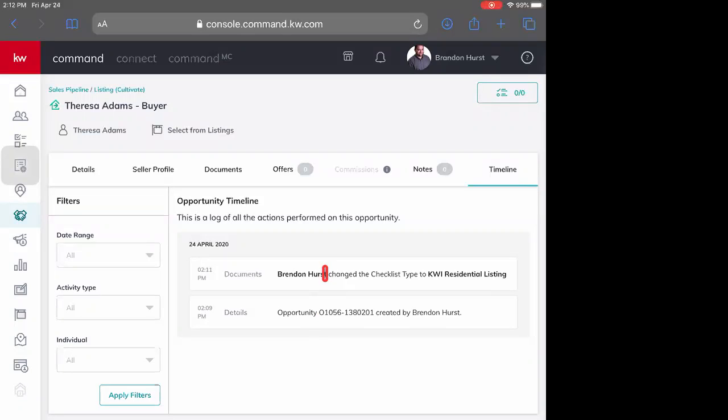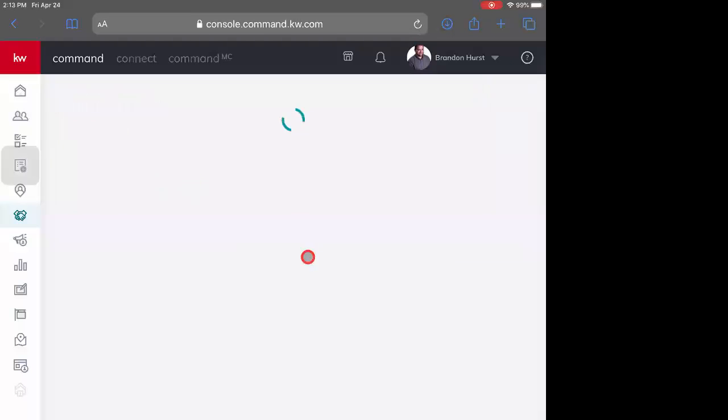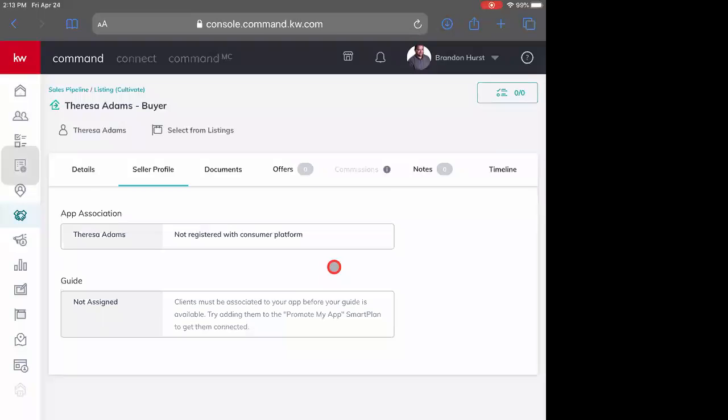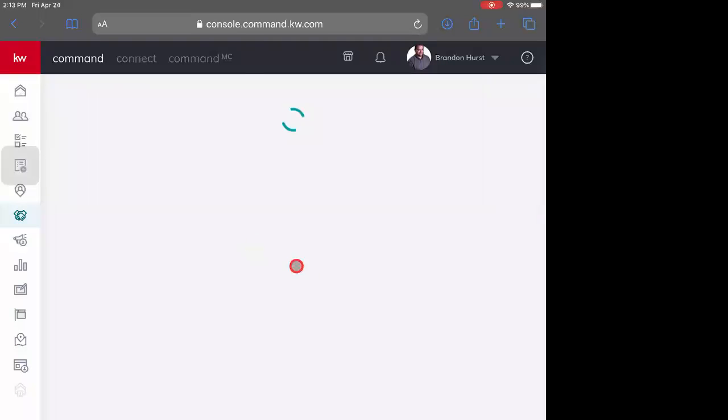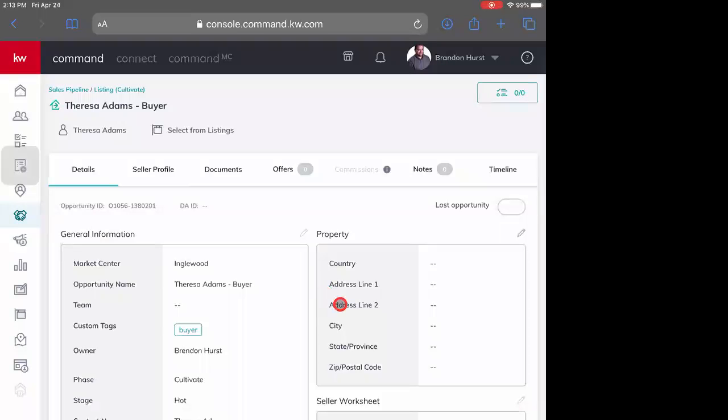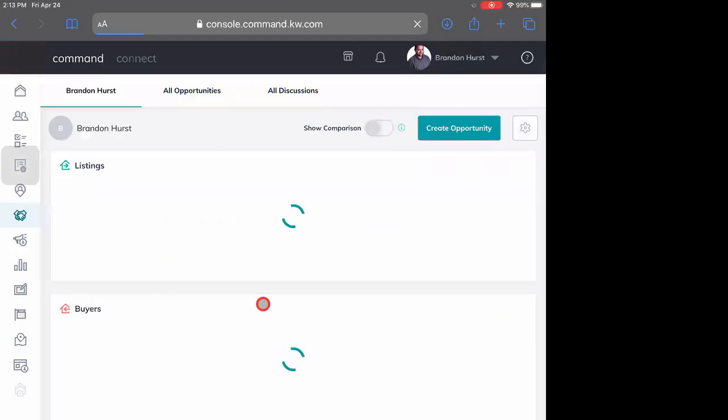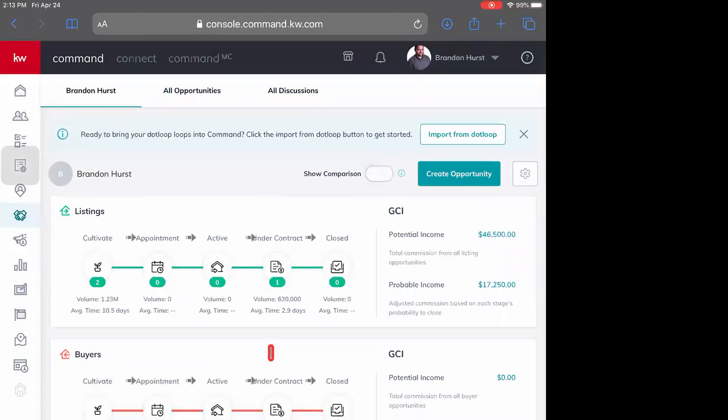Now, let me go back into the dashboard and show you what this looks like after you've customized their seller profile, right? So you know how to create the opportunity. You would then obviously customize the details of the opportunity, put their property in that they're selling or that they're looking to buy, right? Then you'd go back into opportunities, which is where we started, and you will see right